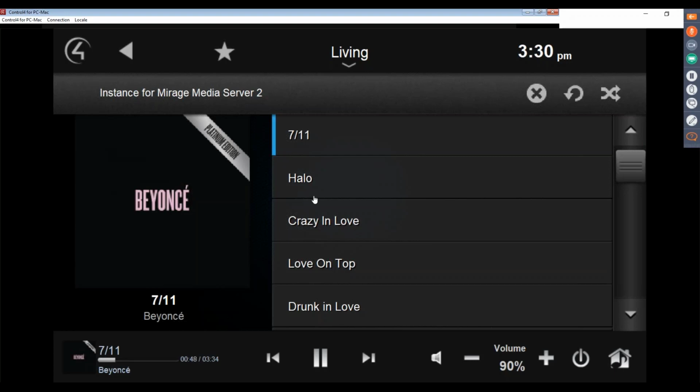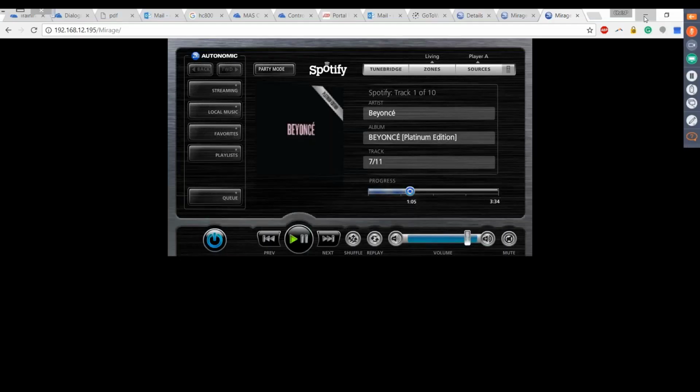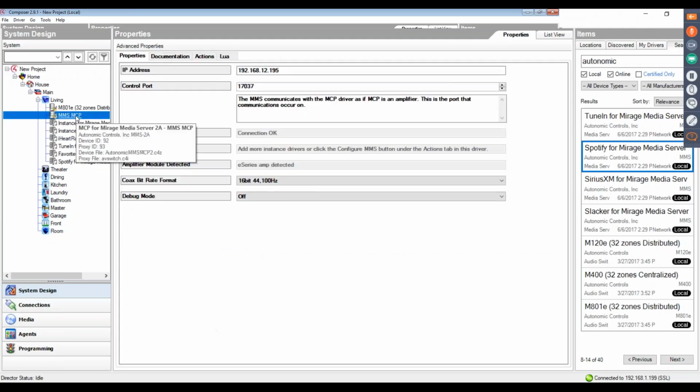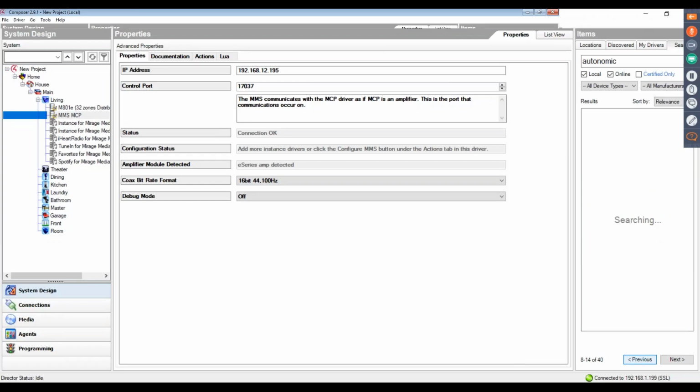Sure. There's a question in here around the 1E setup. So Christian, if you could maybe just explain or demonstrate how the E-Series servers differ in setup from the A-Series. I believe it's just the difference in the driver, but maybe you can just highlight that again. There's three major things. The MCP driver that you're going to want to use is obviously the 1E version. So right now I'm using the 2A. So we would use the 1E, which is